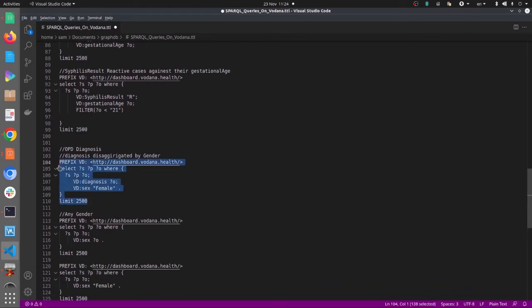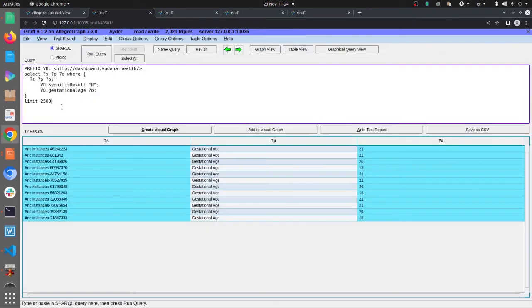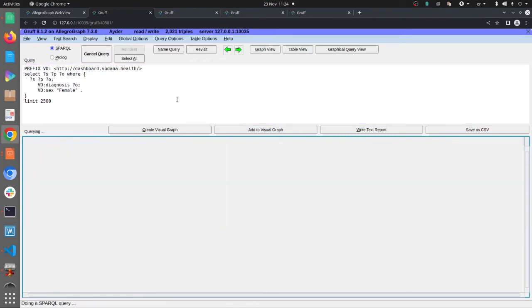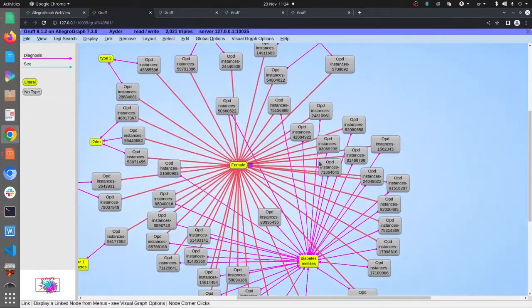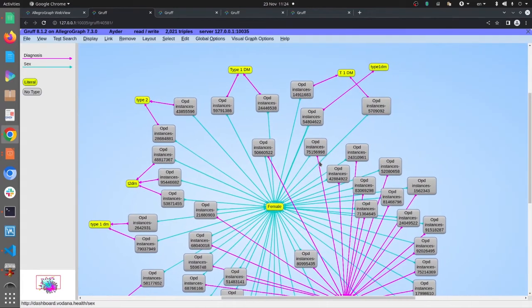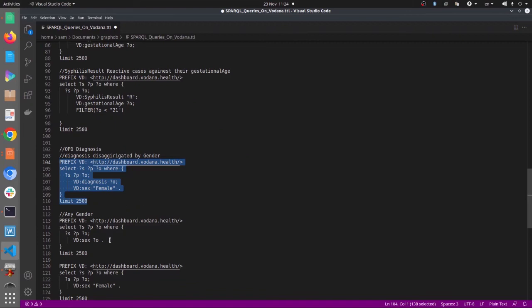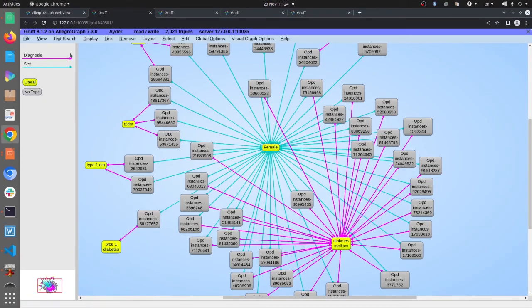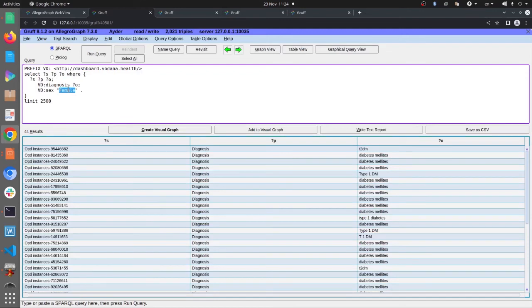And we also have OPD data that we work with, so we can also look into what the OPD data looks like. As you can see, we have lots of OPD cases, and they can be male or female. Most of them are diabetic patients. We're looking now at the female cases, which are 54. We might as well be interested